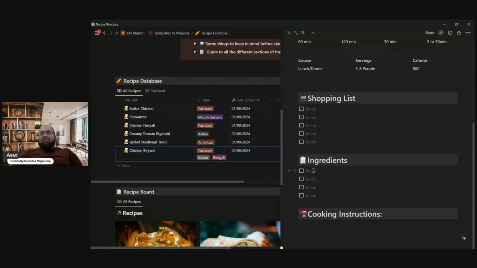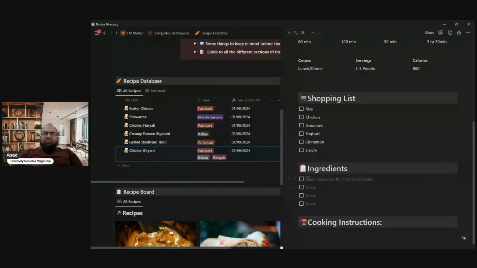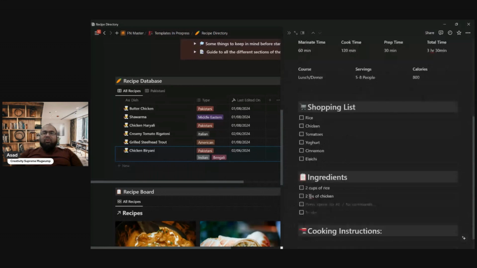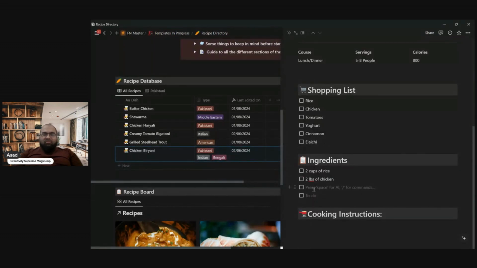Shopping list is just general. You're going to get rice, chicken, tomatoes, yogurt, so on and so forth. You might want some cinnamon. And then the ingredients you would want to put in, for example, 2 cups of rice, 2 pounds of chicken, like that. And then, this is basically the accumulation of what you're actually going to put in. 3 tomatoes,